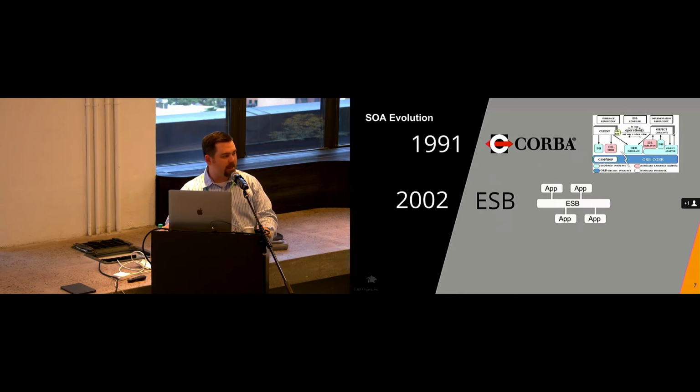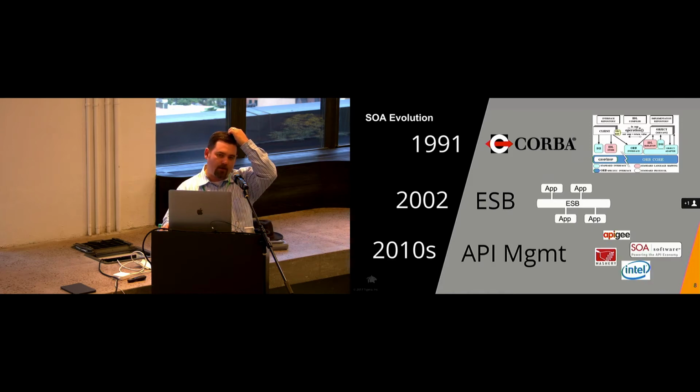We migrated towards ESBs, right? So enterprises loved this because now they could centralize a lot of the control, especially your risk and compliance guys, right? Unfortunately, that always introduced a layer of bureaucracy into the mix. So as we continued along, we got a little smarter in the way that we started delegating control of services, but now we had this idea of API management. So we have these ideas of being able to discover an API and being able to choose, as an individual team or organization or sub-organization, what services you want to consume and what services you want to publish.